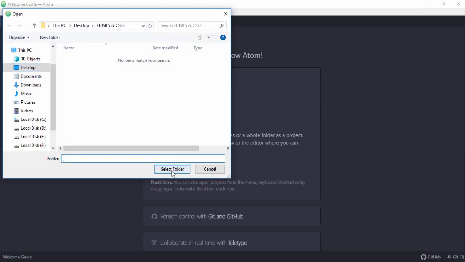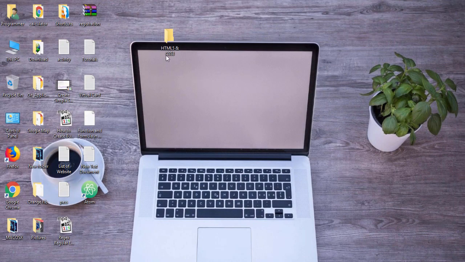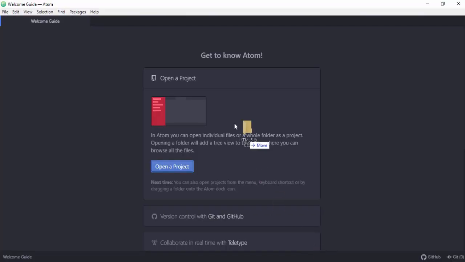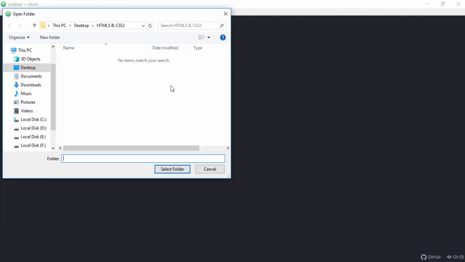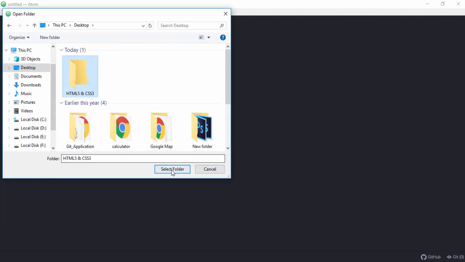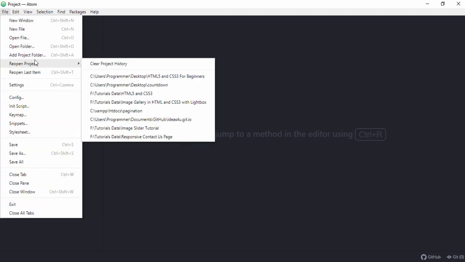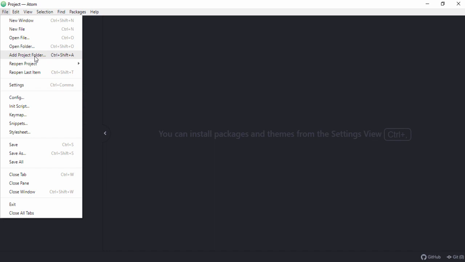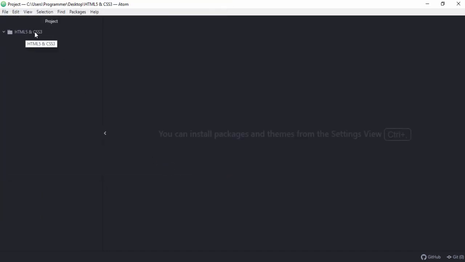I'll use another method, like drag and drop. Open a folder, and select that, right? As you can see,